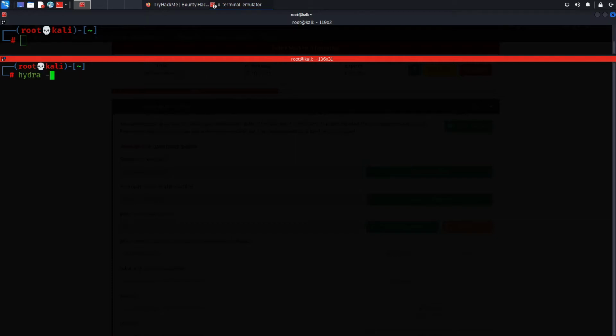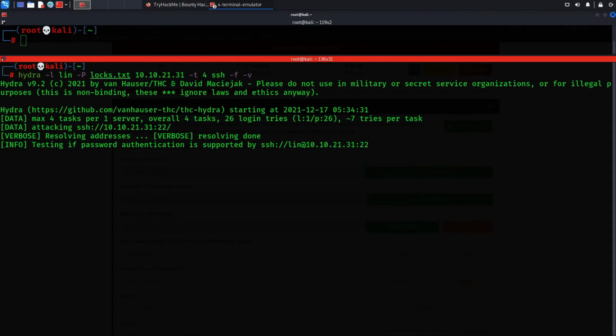Type in hydra, and for the username we did actually find a username, Lin, that we answered a while ago, so I'm gonna go with Lin on this one. -P to use the word list that we just downloaded, locks.txt, and the IP address, -t for threads, and the service SSH, -f to force quit as soon as it finds the first password, and -V for verbose.